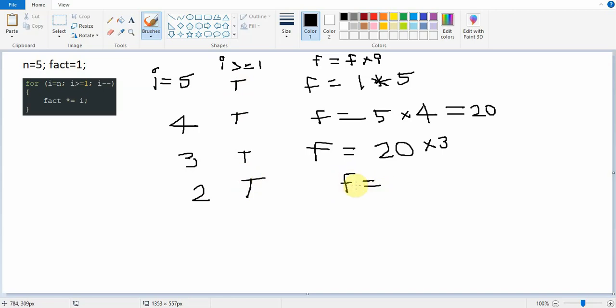The factorial value on the fourth iteration, that is for the value 2, is the previous value * 2, which is 60 * 2 is 120, and for 1 it is true.